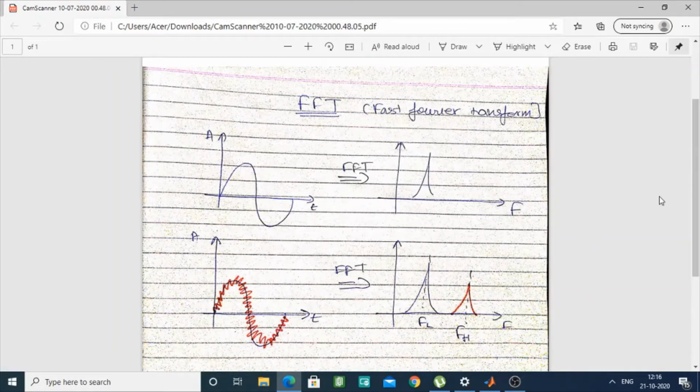Hello everyone. Today I'm going to show you the simulation and working of fast Fourier transform on MATLAB, and the version of MATLAB that I'll be using is the 2019 version. So basically FFT, or fast Fourier transform, is a method which is used to convert a time domain signal into